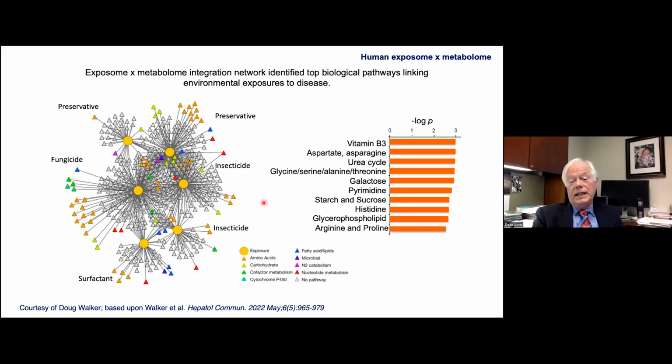And then when he did an integration of these environmental chemical measurements with the metabolomics data in the same individuals, what he found was this exposome-metabolome interaction network, which included preservatives that we eat, fungicides and insecticides that are used commercially, as well as, unfortunately, a surfactant. And I say unfortunately because for the past 3 years with COVID, we have all been disinfecting ourselves with these surfactants without really paying attention to what the burden is that we have in our bodies. But anyway, these can be mapped to pathways. And so even though it's purely a correlative study, it provides a lot of potentially mechanistic information and insight into